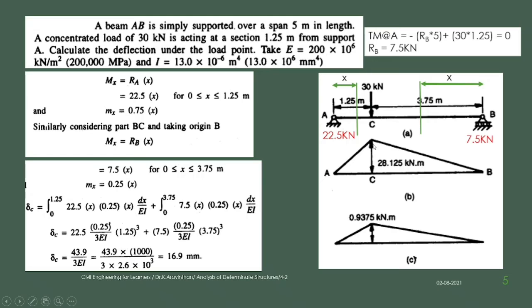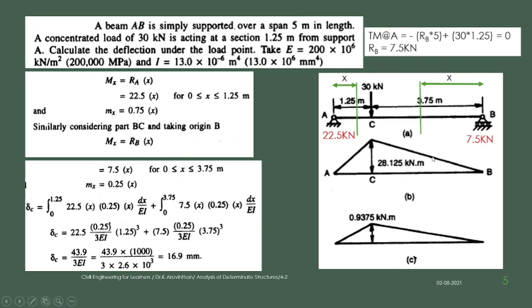The distance for the element is 0 at the point B and 3.75 at the point C. What we understand here is, if you apply a load, before that load you will have an element, and after that load you will have an element. It is AC and CB. For each and every element you have to cut a section and find the bending moment. This is the bending moment which we have found out for the real load.